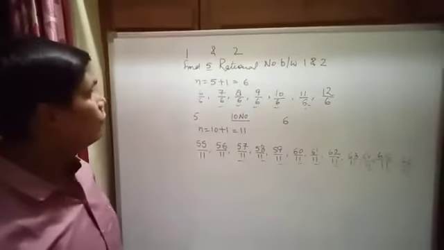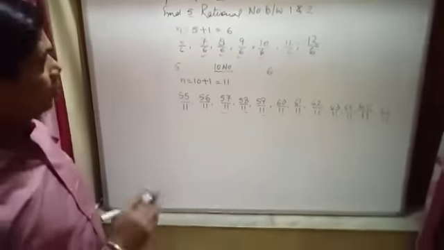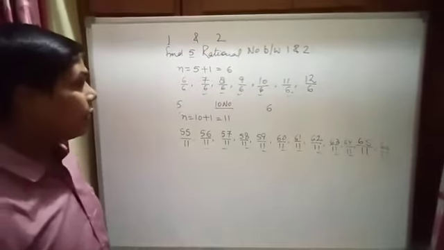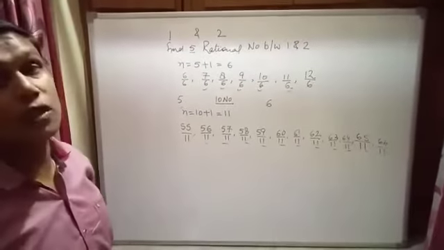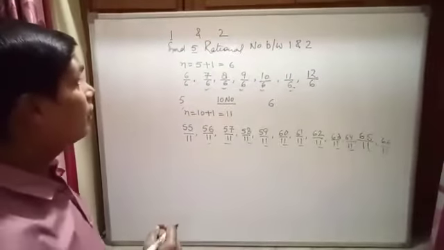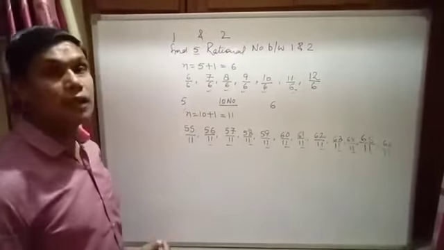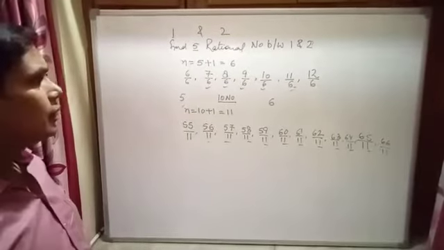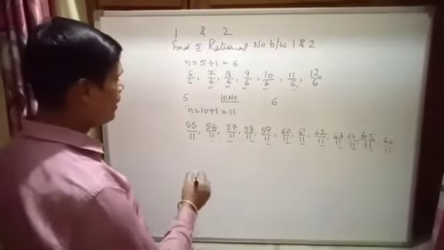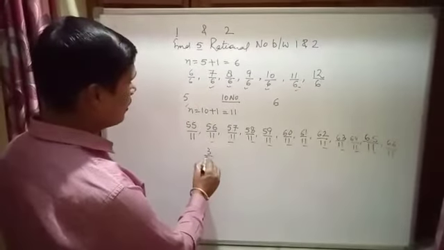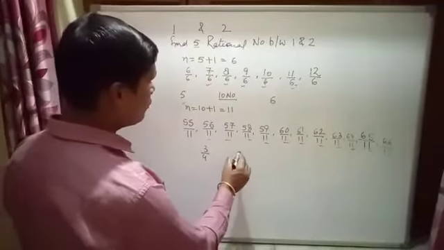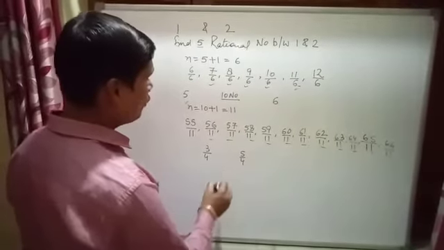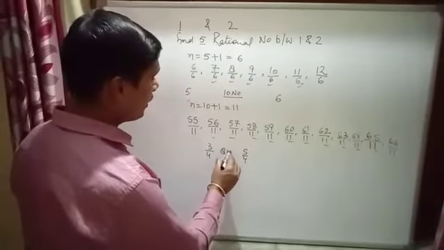This is a simple way to find the rational numbers between. These are the simple numbers. But if we are taking the fractional numbers and you have to find the rational numbers between the given numbers, then how will you find it? The process is the same. Let the numbers be 3 by 4 and 5 by 4. You want to find 8 numbers between them.